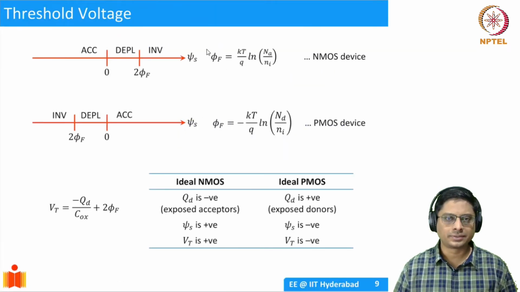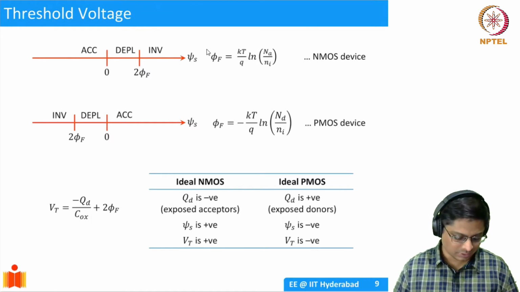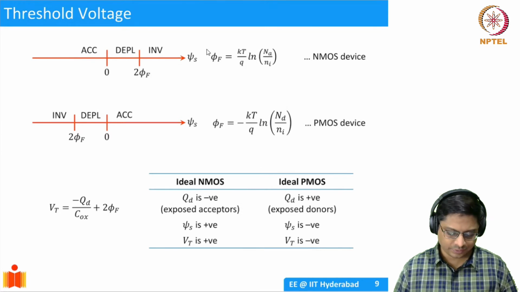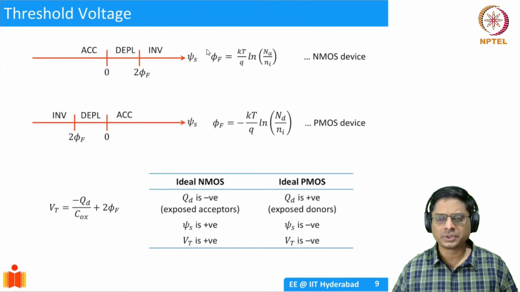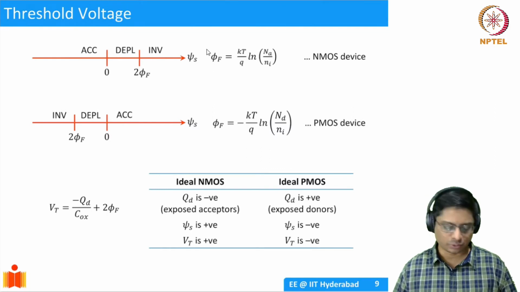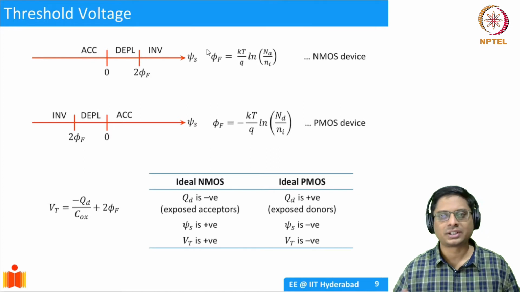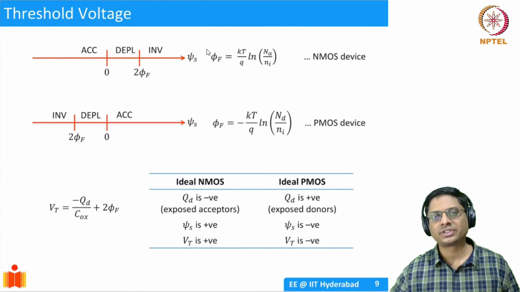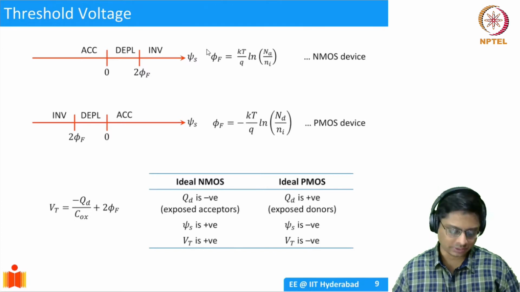All right, let's get started from where we left off. We want to define threshold voltage, and this is a very important thing because this is what we will use in the problems, and in MOSFETs also threshold voltage plays a very important role. So what is threshold voltage? We have defined what threshold is. We said that threshold is that voltage at which the surface inversion charge is equal to the bulk doping, right?